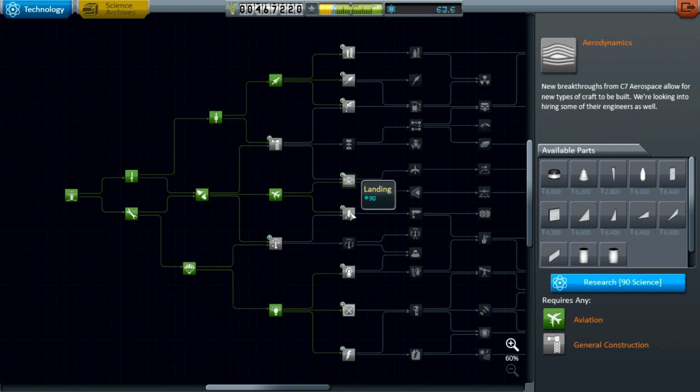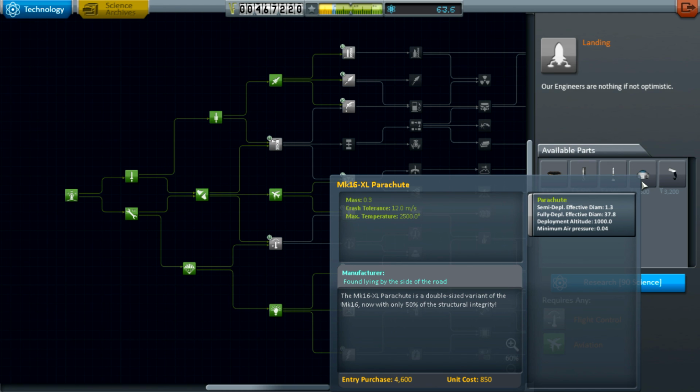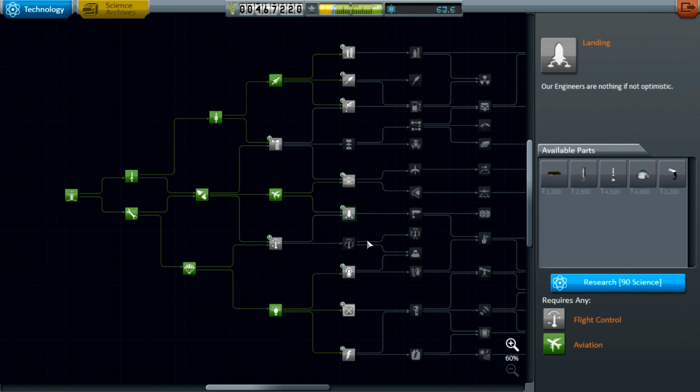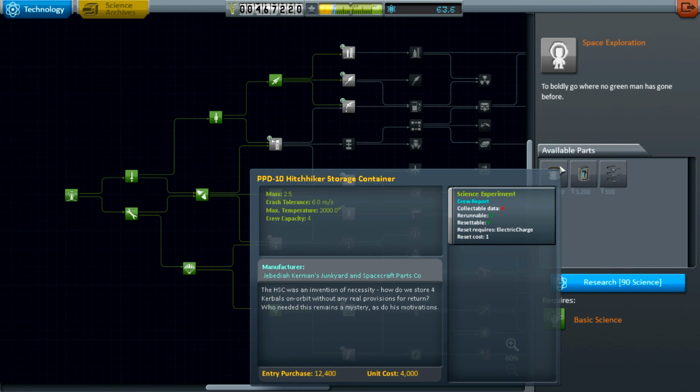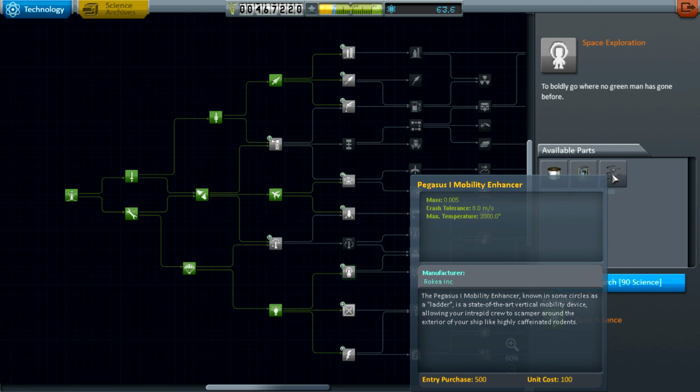This is just aerodynamics. I don't really care about that. Landing, we might want. Ooh, yeah. 50% of the structural integrity. That might be helpful, actually. Landing is something we might want to do. Space exploration, hitchhiker, the barometer, a device for collecting air pressures. This could bring us more science,